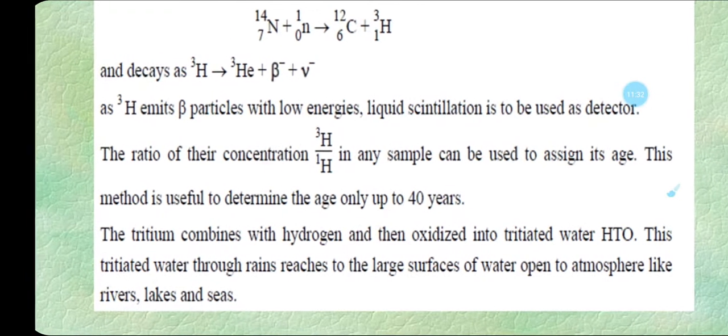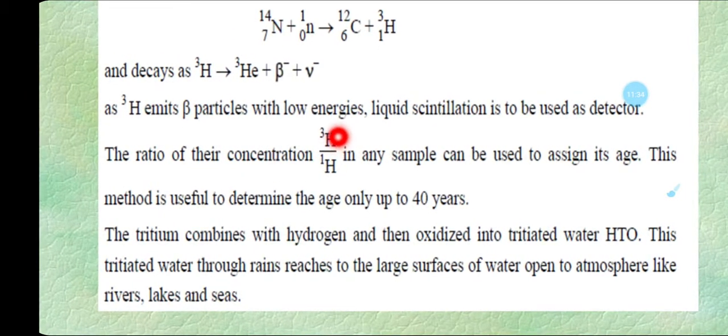The ratio of concentration of radioisotopic proton to the stable proton in any sample can be used to assign the age of the sample. This method is useful to determine the age of a sample only up to 40 years. Above 40 years, we can use the C14 dating technique to determine the age of the sample. But up to 40 years, we can also use this